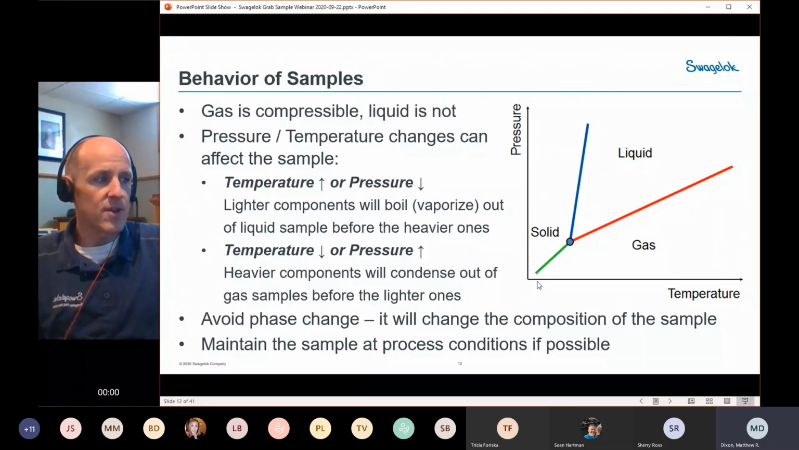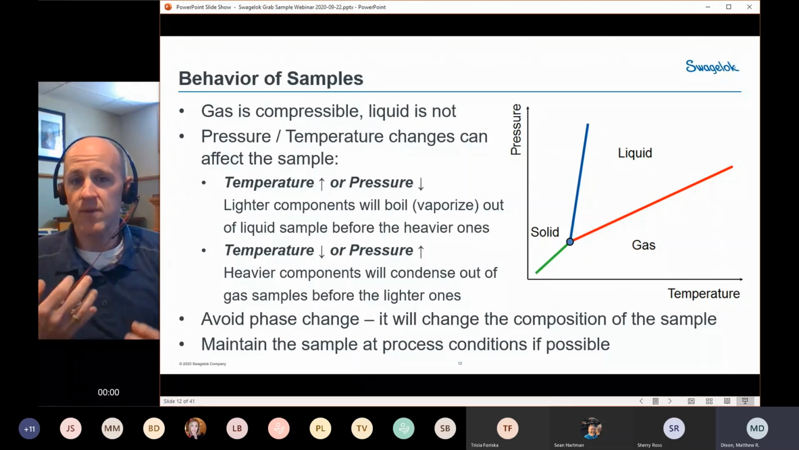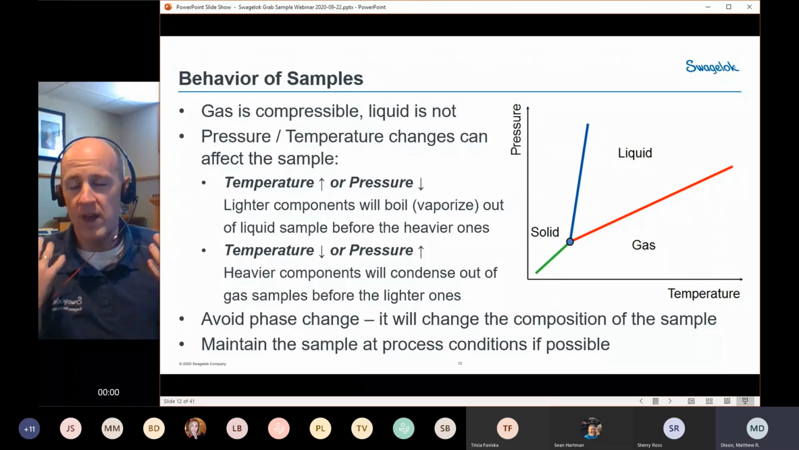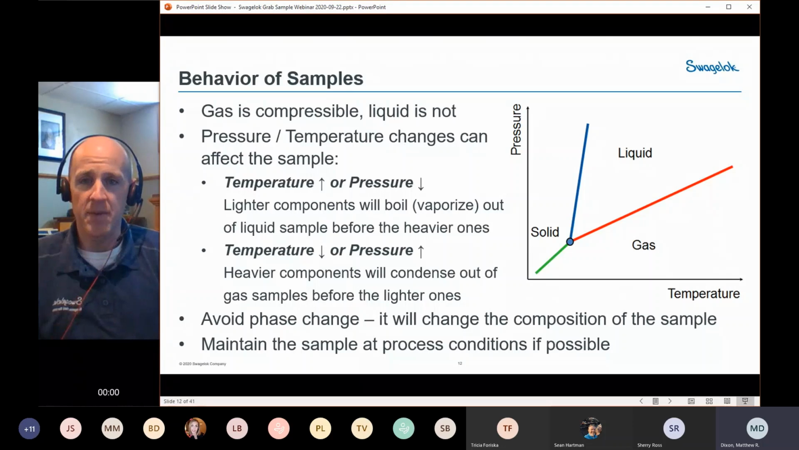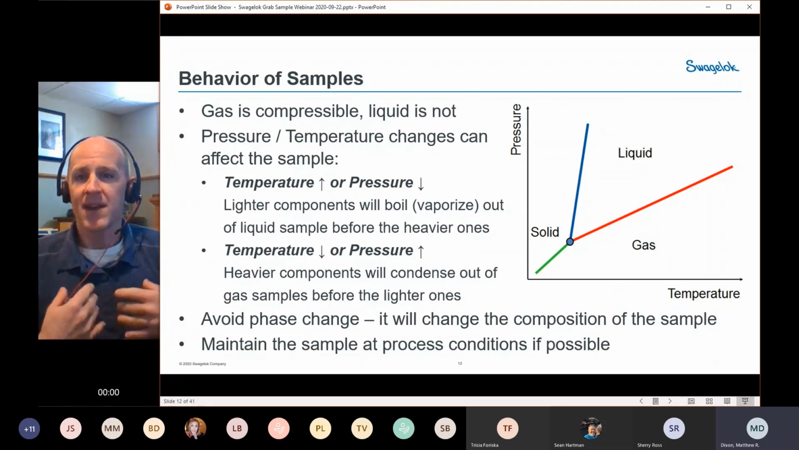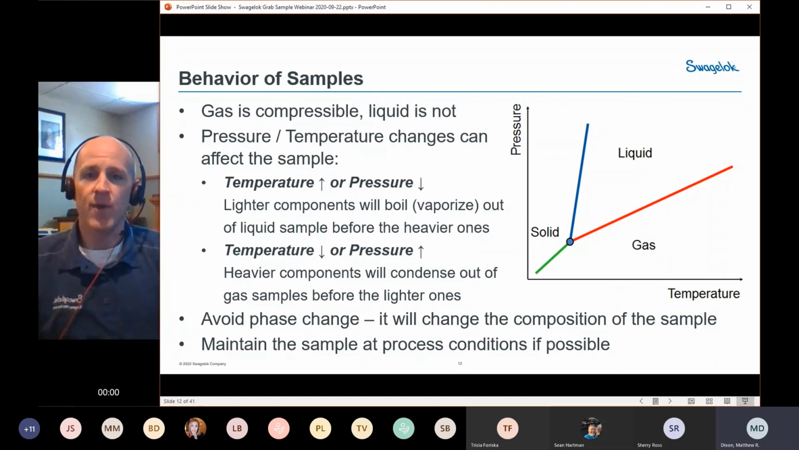So we need to pay attention to the phase diagram of the components of our sample. So we've got the different components. Chances are when we're sampling something, it's going to be a mixture of various components, whether it's hydrocarbons or whatever else we're sampling. So we need to understand all the different things that are mixed together and look at the different phase diagrams for those different components so that we can understand what's going to happen when we increase the